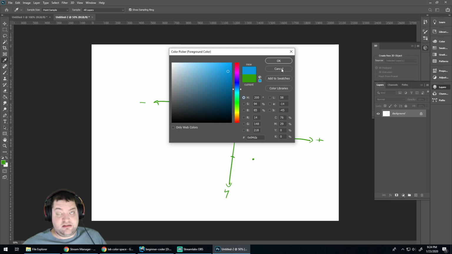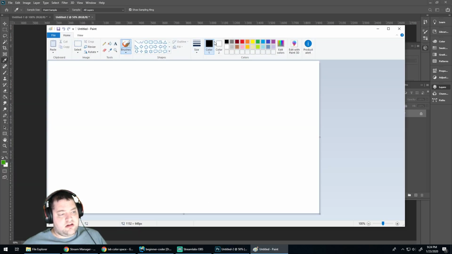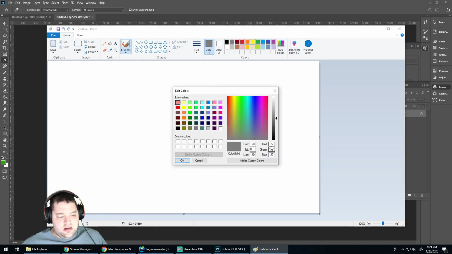And even Paint. Does Paint show hex? I don't remember if Paint shows hex or not. Paint. It doesn't show